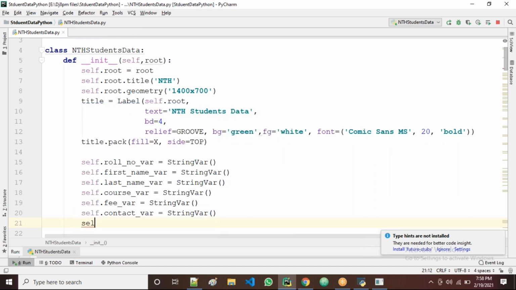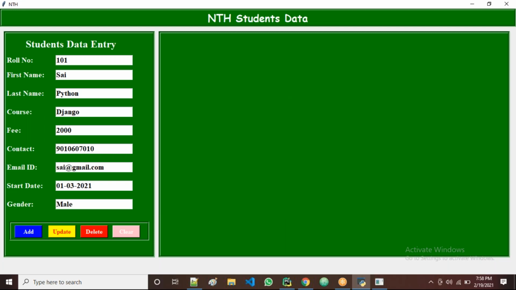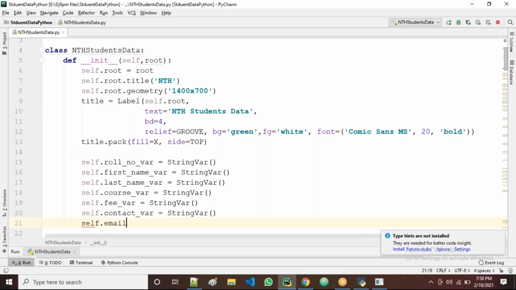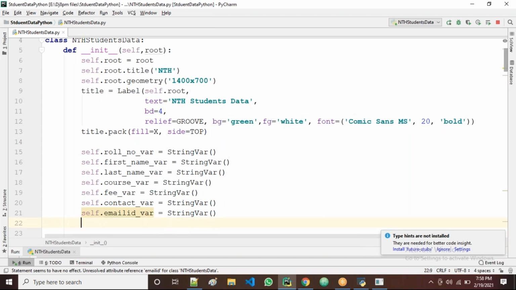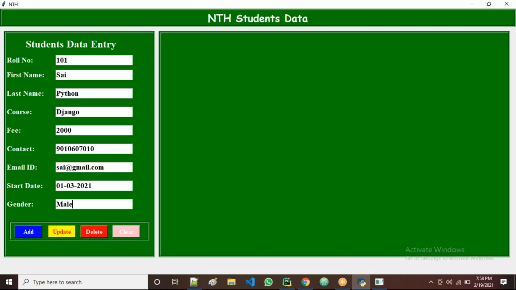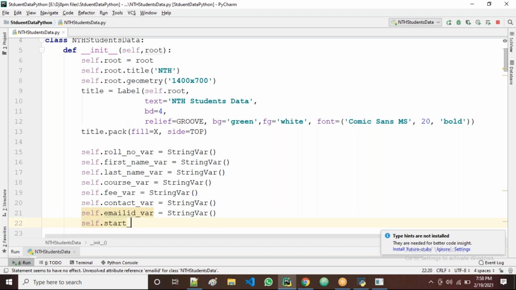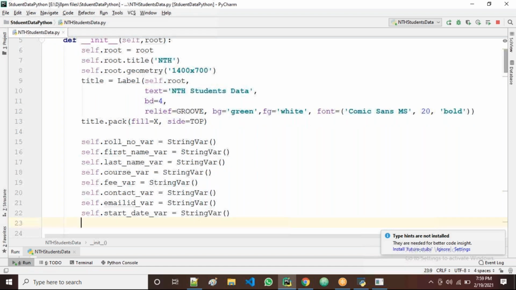Yes. Next one, self dot email ID variable. I'll take this one also as string type, guys. Next one, self dot start date variable. We'll take it also as string type. The last one, gender.